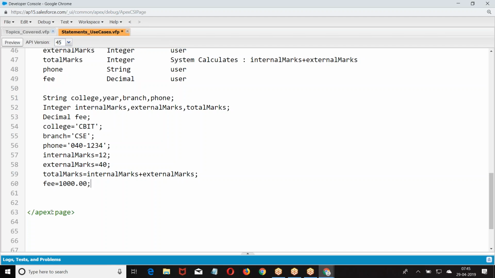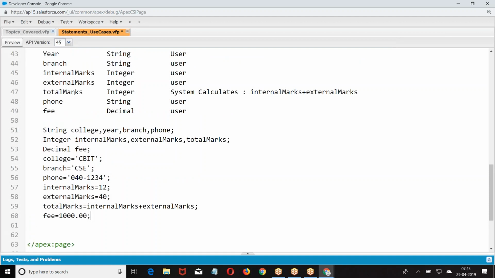That's the reason I prefer to use the capital first letter. Even if you take a small one, it doesn't make any difference here. But as they are classes, I prefer the capital. Right? Okay. So this is how you take it here. I hope you are good with this. So this is the basic way of writing a statement.